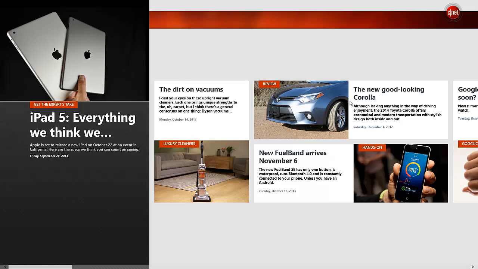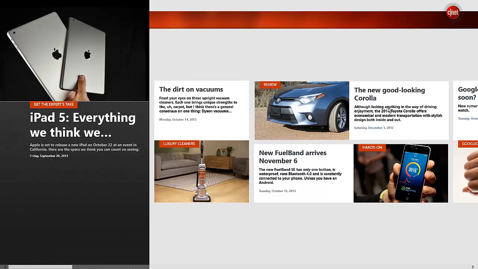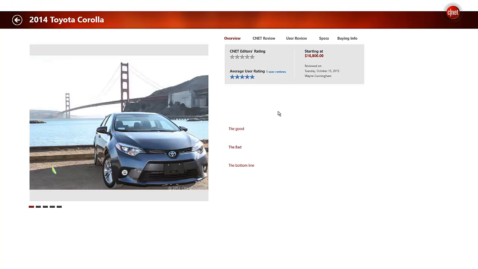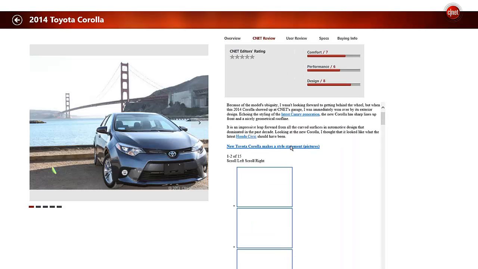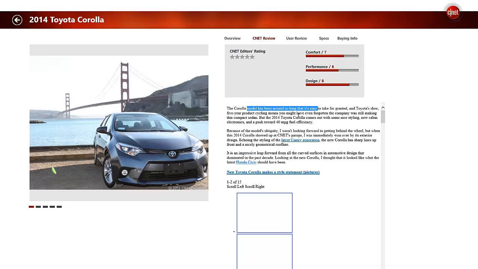Let's take a look at, say, this article here. This is a review of the Toyota Corolla, the new one, I guess 2014. This is a more in-depth review here, and this is a more in-depth article after all this stuff loads here. Again, the text just throws me off a little bit, and the alignment throws me off a little bit, but